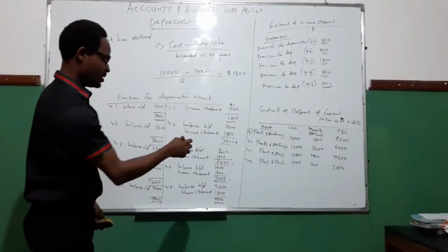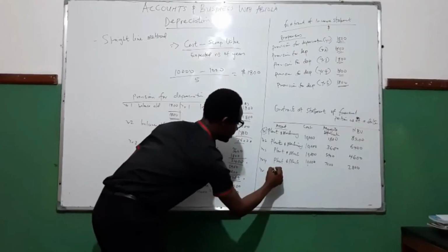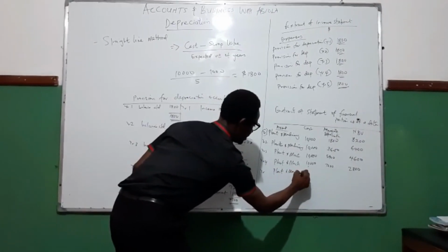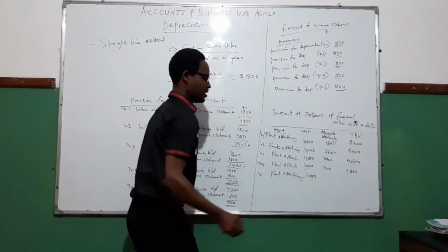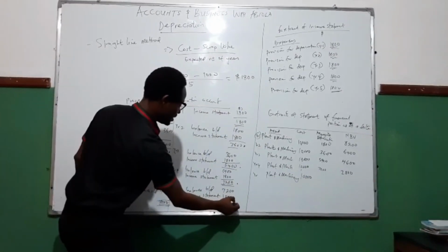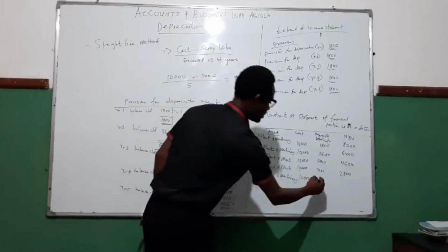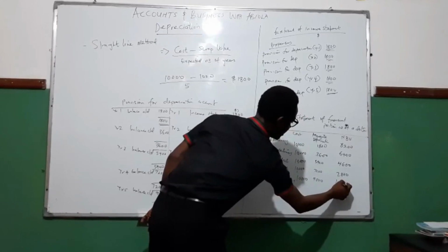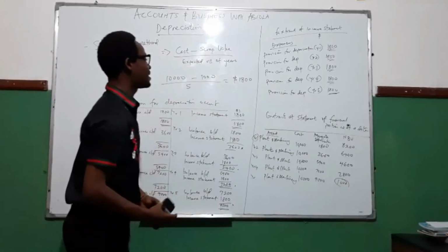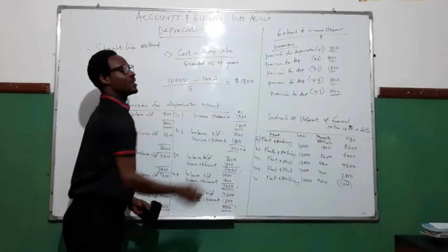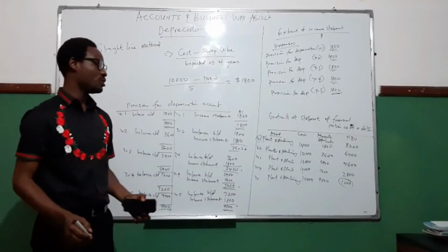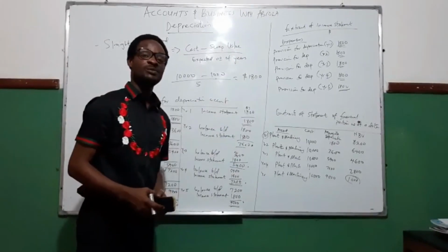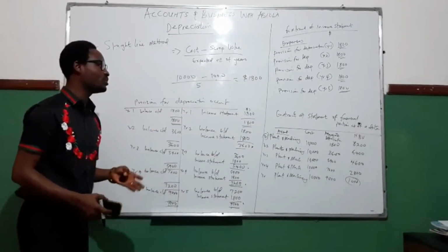And at the end of year 5, in the statement of financial position, asset section, we have machinery, 10,000 as cost. Then accumulated depreciation at the end of year 5 is 9,000, leaving us with the balance of 1,000. If we look at this balance, it's the same as the scrap value given in the original question. This is the extract of the statement of financial position, that is the extract of the income statement, and this is the provision for depreciation